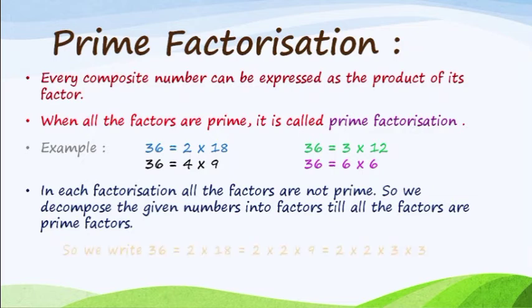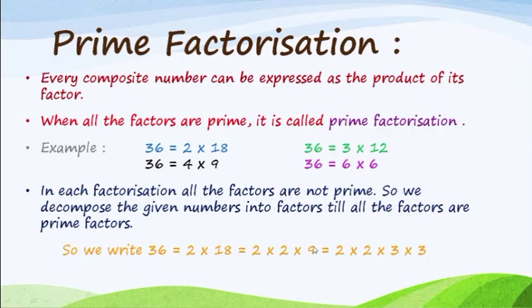See an example of that. We are taking the same example, 36 is equal to 2 into 18. I have written 36 as 2 into 18. Now 2 is a prime number, so I have copied 2 here as it is. Now 18 is a composite number, so try to break 18. We have broken 18 as 2 into 9, because 2 nines are 18.